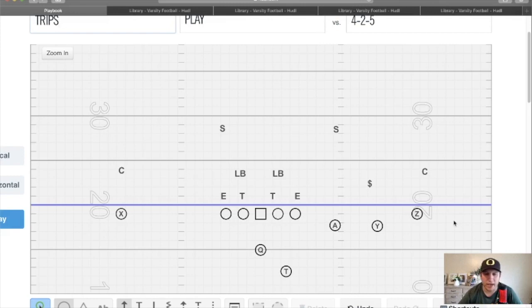I call them tags because essentially, you could call it RPO if you want. It's a pre-snap RPO. We're not really reading the second level here, so we are going to read the first level defensive end if we do decide to go to the run. And the concept that I like mostly comes out of 3x1. So you can see we have trips to the right here, and then we have single receiver X by himself on the left. Now, if we set it up this way, we'd be running inside zone read to the left. So our quarterback's going to be reading this defensive end right here